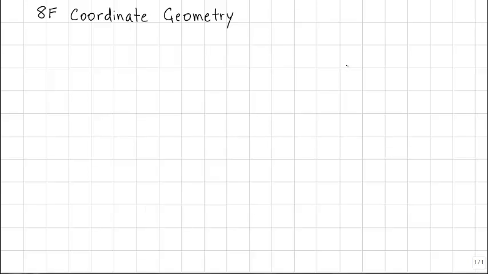In this lesson we're going to look at coordinate geometry, and coordinate geometry is a very big topic, so we're just going to look at the basics so that you can understand things later on in the regular course. The first idea is that we have two axes, a